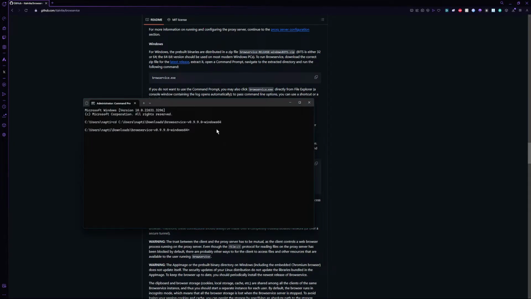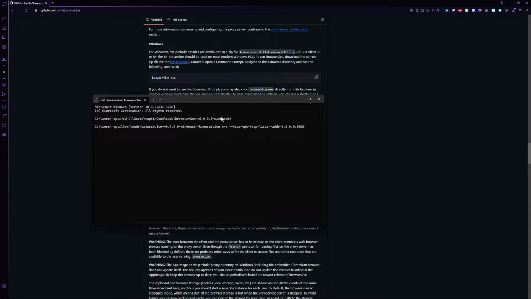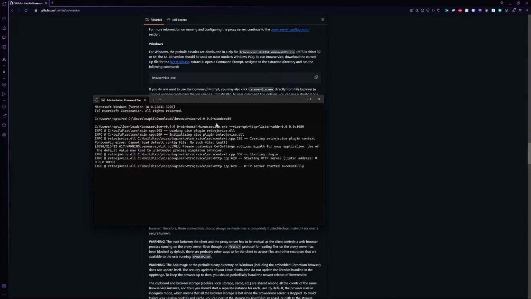And I'm going to head back to my terminal, paste it in, and press enter. Now the Browservice server is running successfully. So that's basically all set up. But before you go to your Wii, you have one last thing you need to do on your computer end,